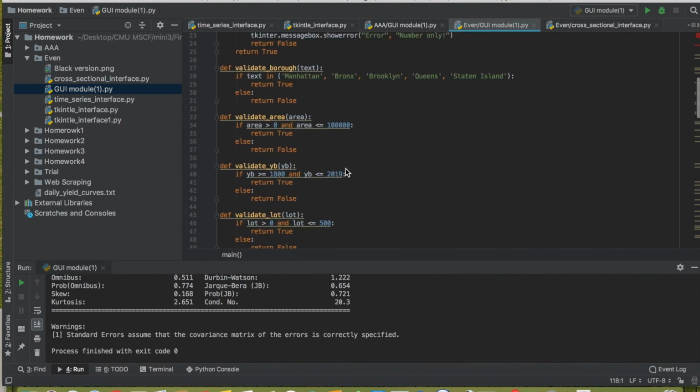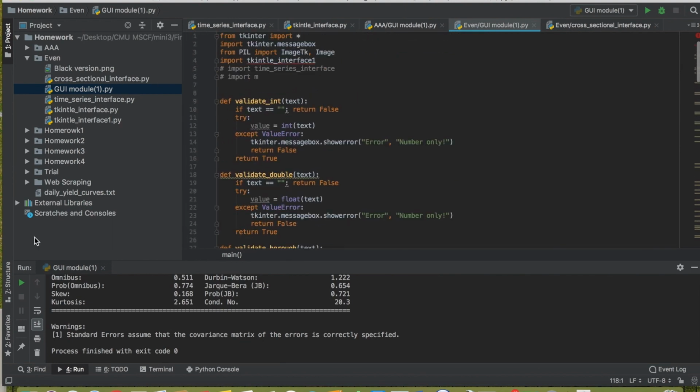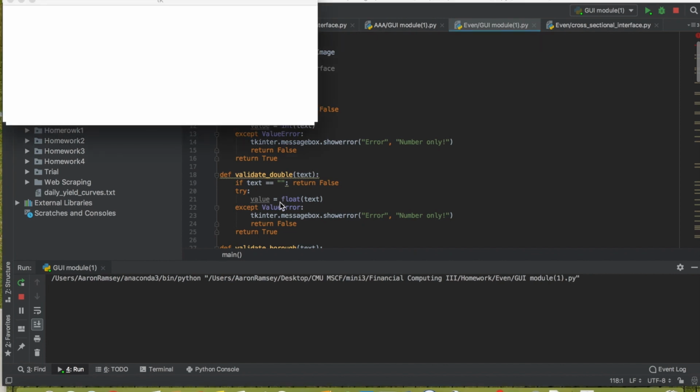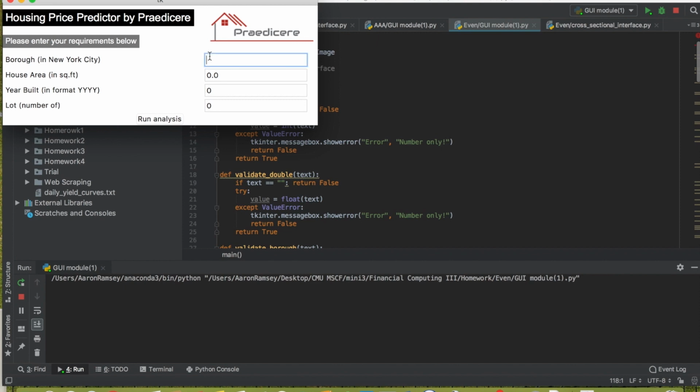Here is the main file of our product. When we run the main file, there will be a user interface window pop up. Here, the client can type in the detailed requirements they have on the house they want to buy. Like the first one, they can just type in Manhattan. And the second one is a total house area. For example, if they want an 800 square feet